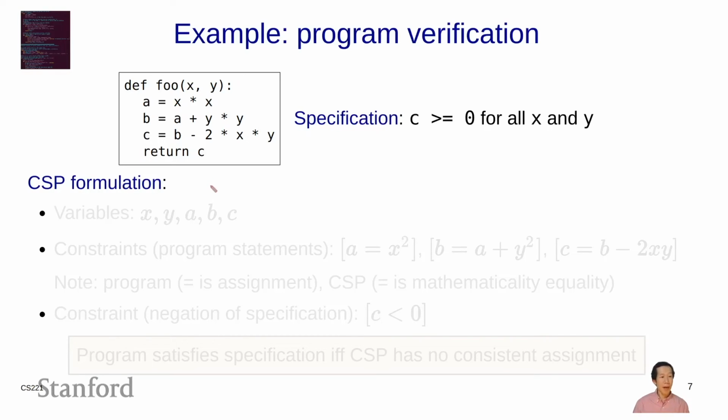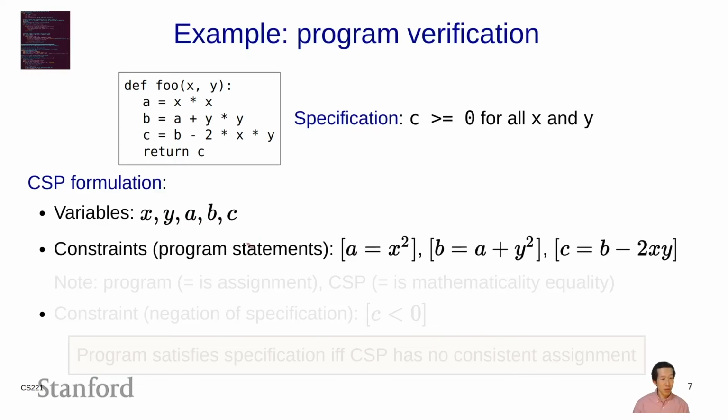I'm going to define a set of variables that corresponds to both the inputs and also the intermediate quantities that are computed along the way, so x, y, a, b, and c. And now I'm going to define a set of constraints corresponding to the program statements, which are going to relate these variables. And so for the first constraint, I'm going to have a equals x squared, which captures what this